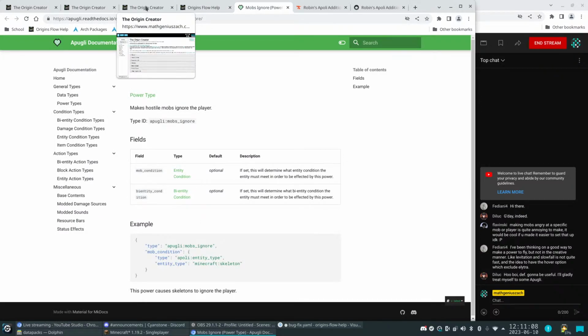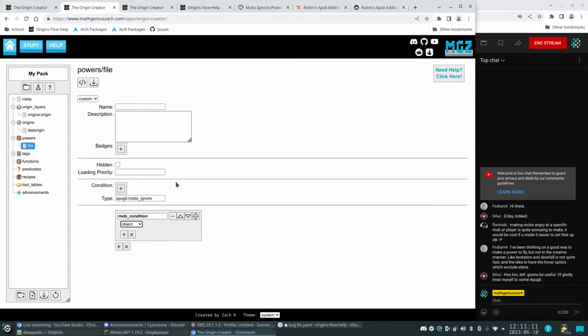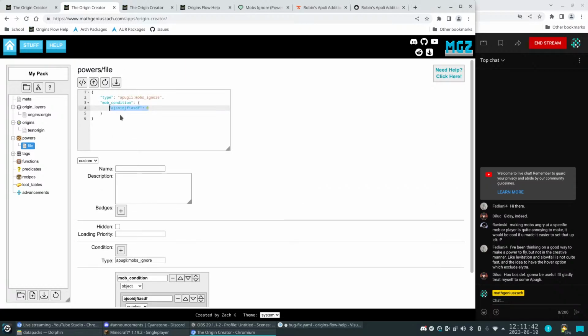If we want to do entity type, I guess this can be a little bit more difficult. Something that I like to do, I'll make this a little bit easier to access in the future. This was one of the next things I want to take care of: add more options to this drop down so you can pick between which types of objects you want. Because right now you can just type whatever key and value you want into this box, and in the JSON it shows up exactly as you would expect